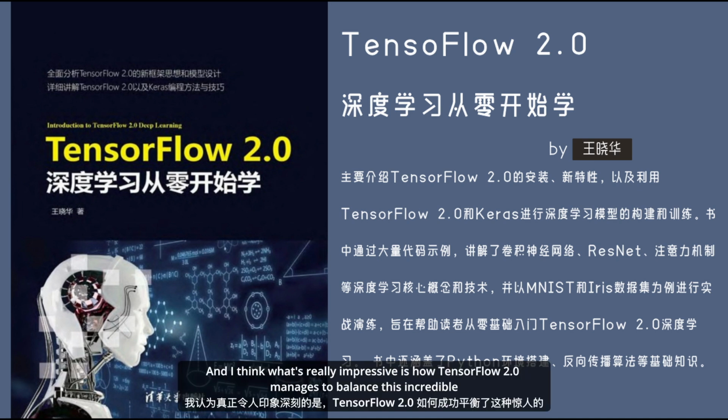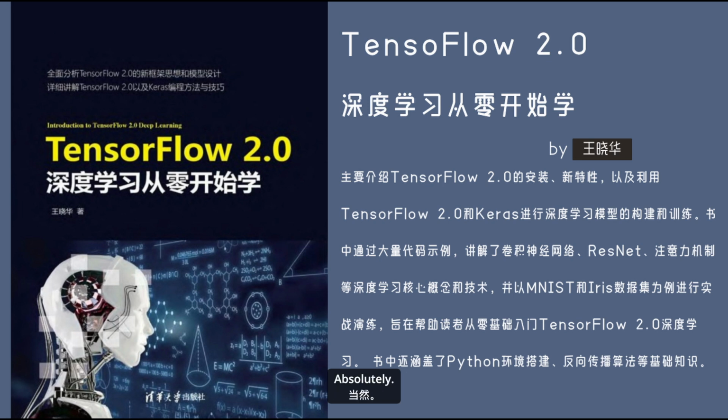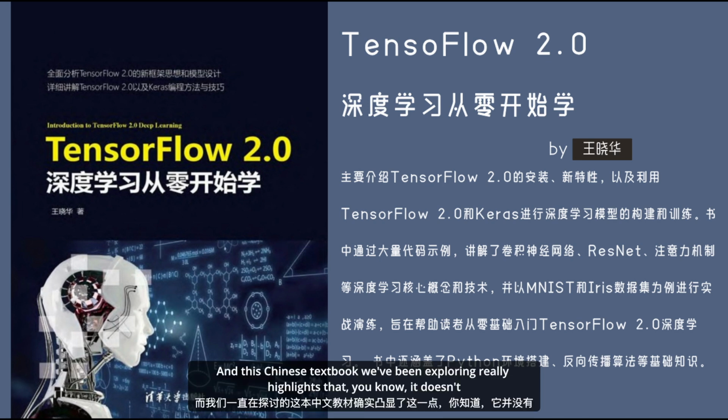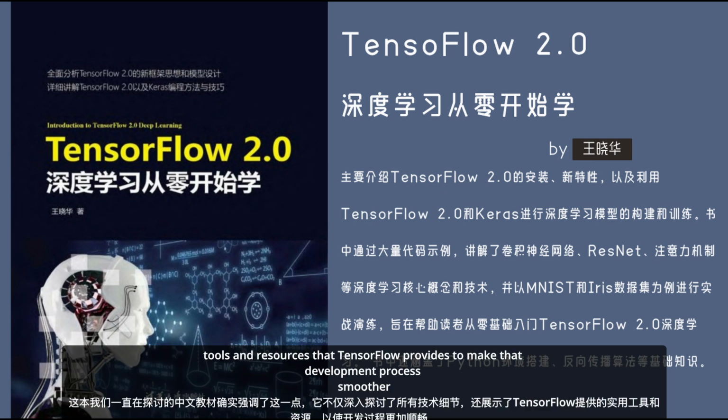And I think what's really impressive is how TensorFlow 2.0 manages to balance this incredible power and flexibility with a focus on making deep learning more accessible to a wider audience. Absolutely. And this Chinese textbook we've been exploring really highlights that. It doesn't just dive into all the technical details, but it also showcases those practical tools and resources that TensorFlow provides to make that development process smoother and more